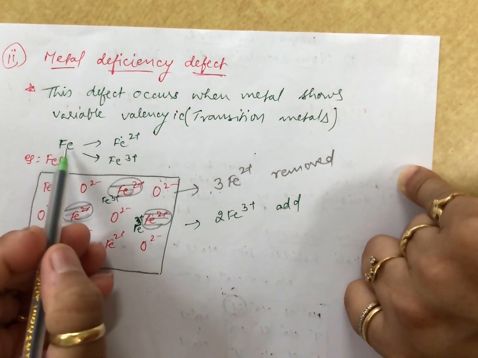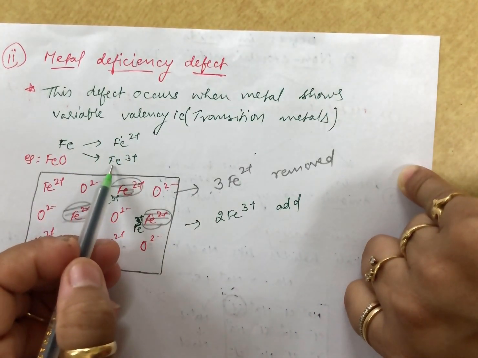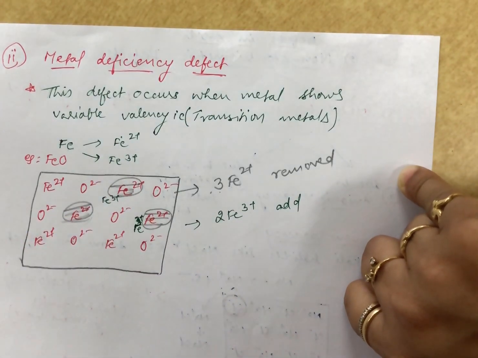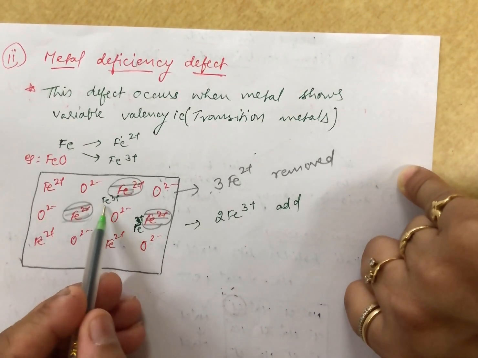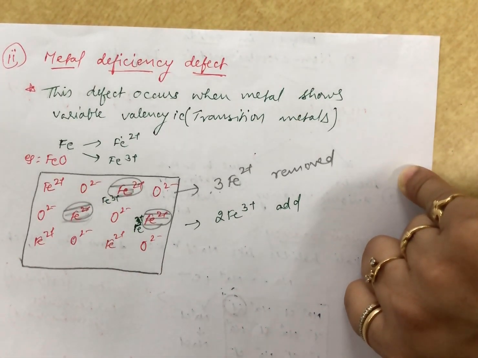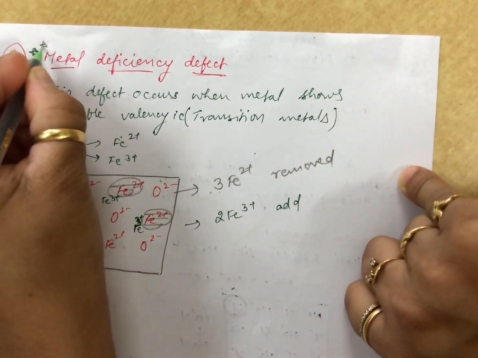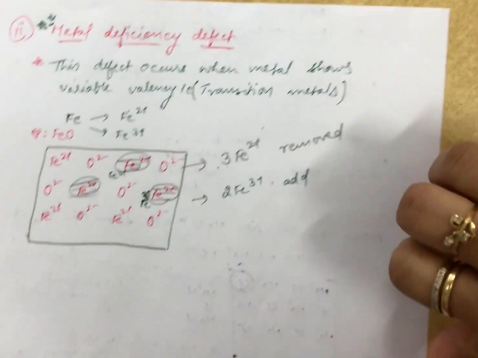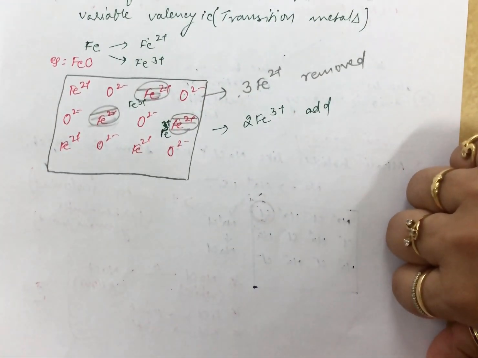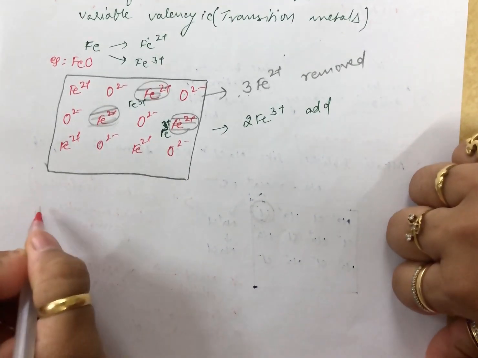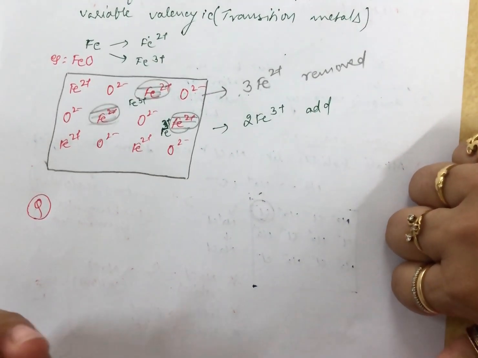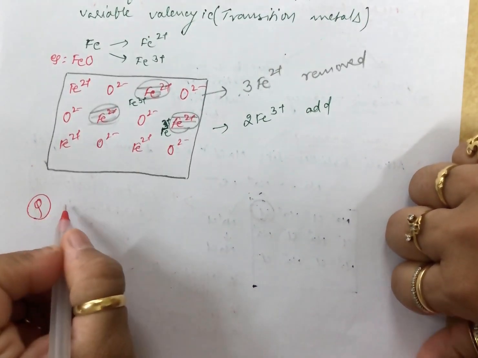Here, as I said, the metal is showing variable valency. In the crystal of FeO, some Fe2+ cations are missing, and the loss of positive charge is made up by the presence of these Fe3+ ions. Now students, this point we have just discussed is very, very important from the exam point of view, because numericals on the basis of this are being asked. So let us try one question, and let me tell you what sort of question can be obtained from this topic.